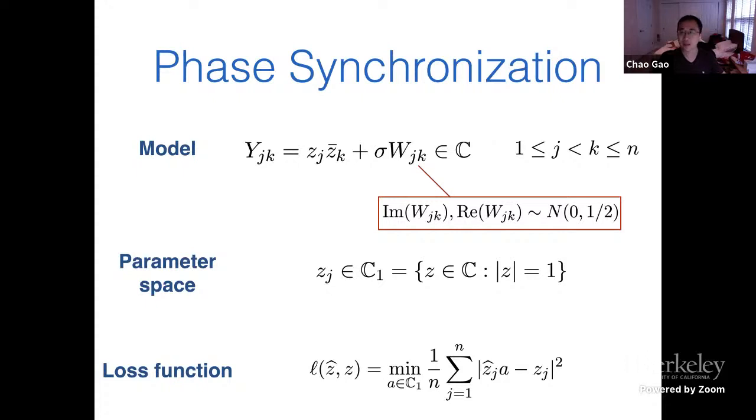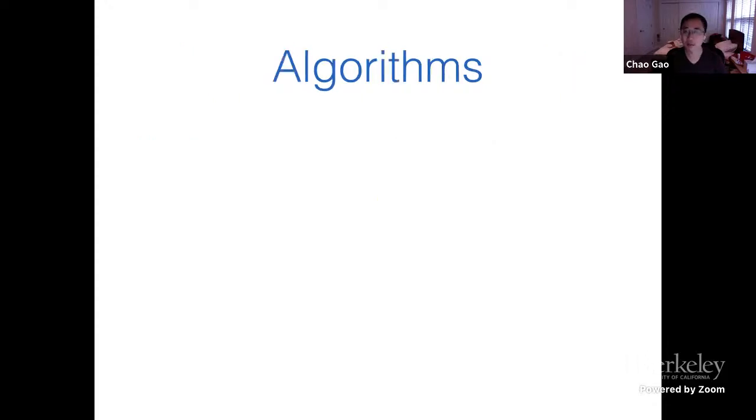So the problem is quite famous in the community of applied mathematics and has been studied by many people. And there are three main algorithms that have been discussed and studied in the literature. The first one is the maximum likelihood estimator, to maximize the log likelihood function. And if you do some simple manipulation, it is equivalent to this quadratic programming problem. But since here we have the constraint, which is also quadratic, this is a QCQP, it is known to be computationally hard. It looks simple, but you cannot actually compute it in polynomial time.